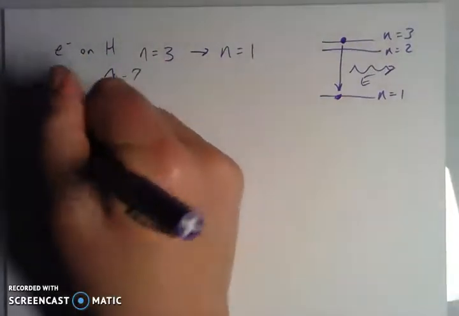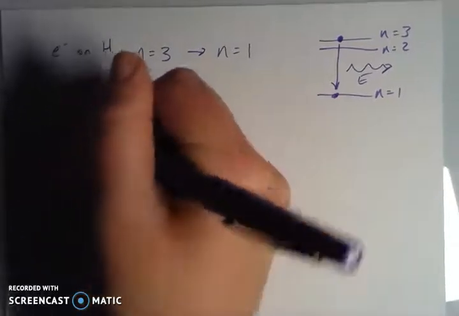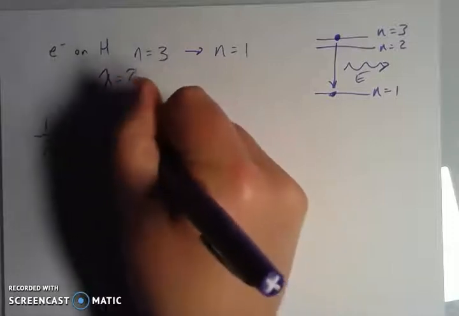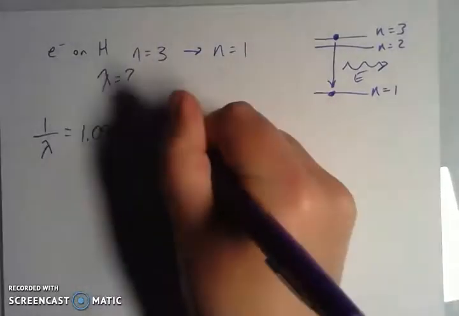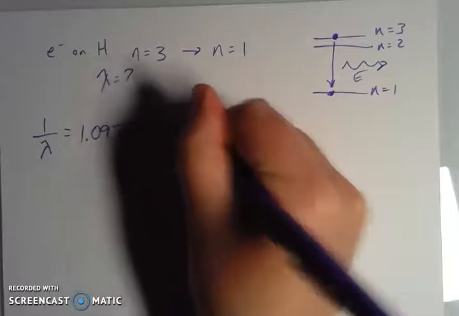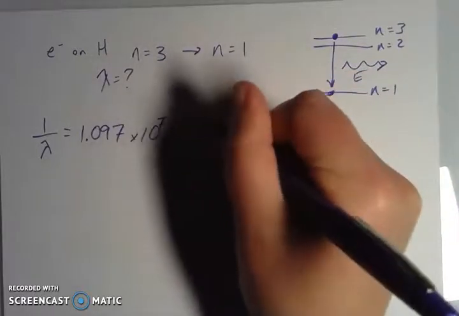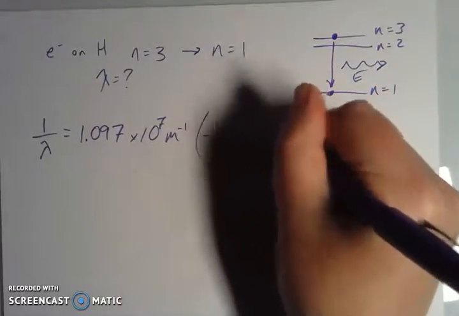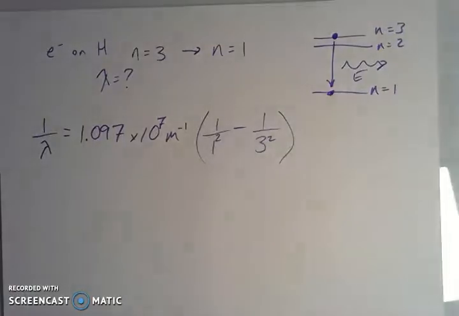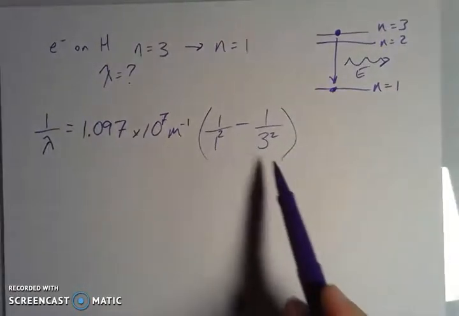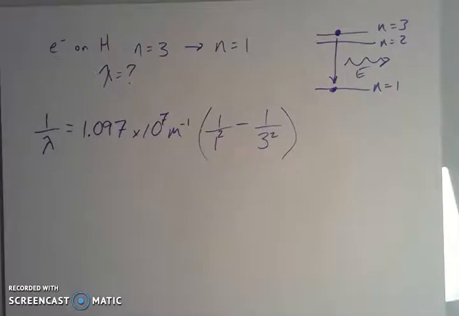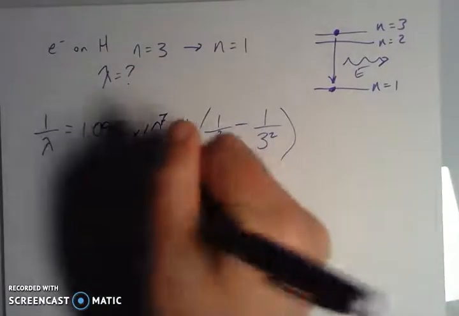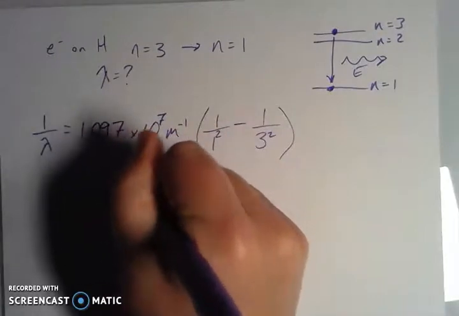So this is 1 over the wavelength, our lambda, is equal to this combination of constants. This includes my Rydberg constant, it includes my speed of light, it includes Planck's constant. And then we're going to transition from, here's my final, minus where I started, my initial. So I'm going from 3 to 1. And when I plug and chug here, I end up with a wavelength equal to 1.025 times 10 to the